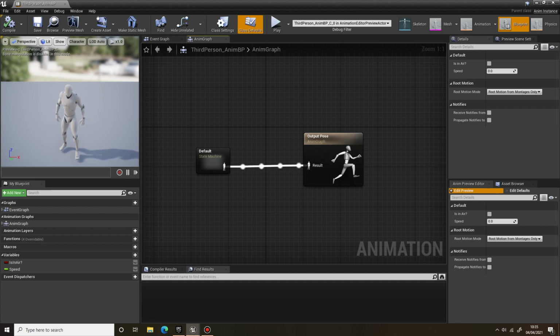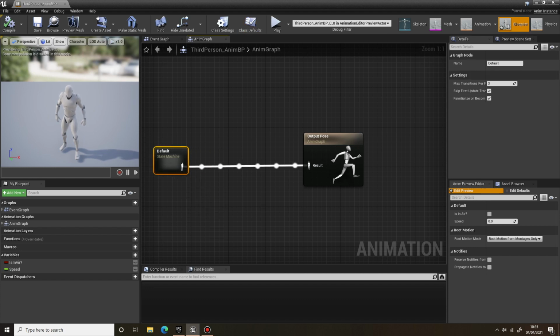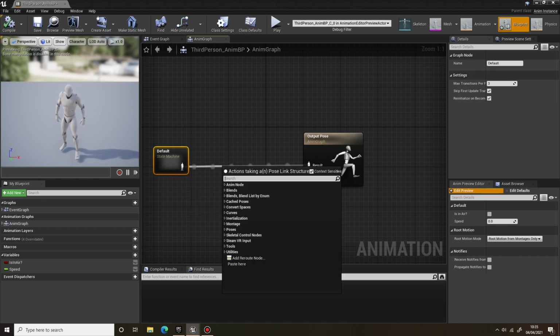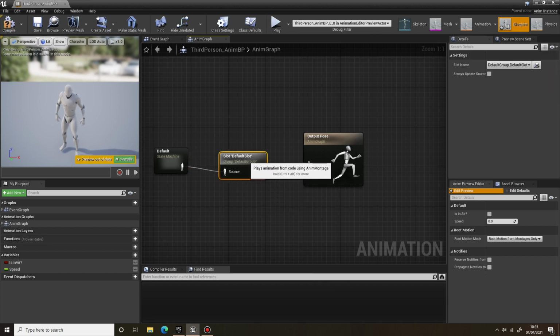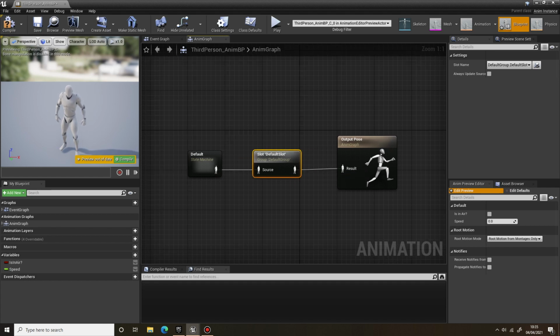And here in our anim graph you can see we don't actually have a default slot. So if you drag off from the state machine, type in slot and then montage default slot, that will create the slot for us. Hook that up to the output pose and just comment that